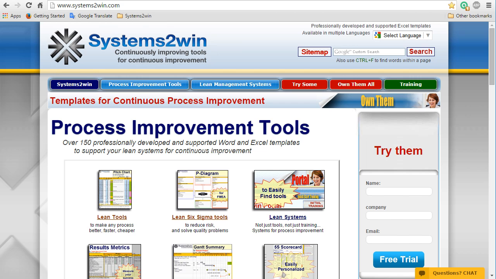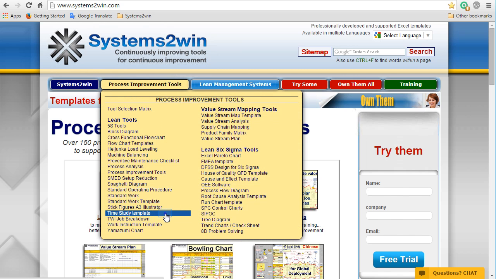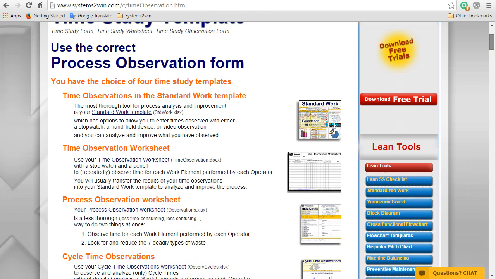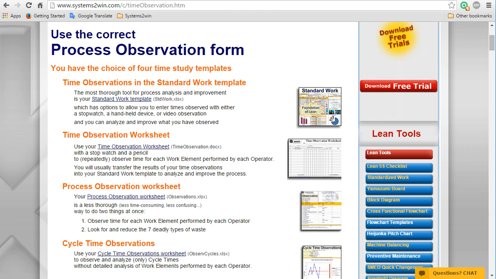Your Systems to Win process improvement tools come with several time study templates, each with their own reason for being and ways to observe a process. But by far the most common thing to do with your time observation data is to get it into your standard work template, which is by far the most powerful tool in your Lean toolkit to document, measure, analyze, improve,